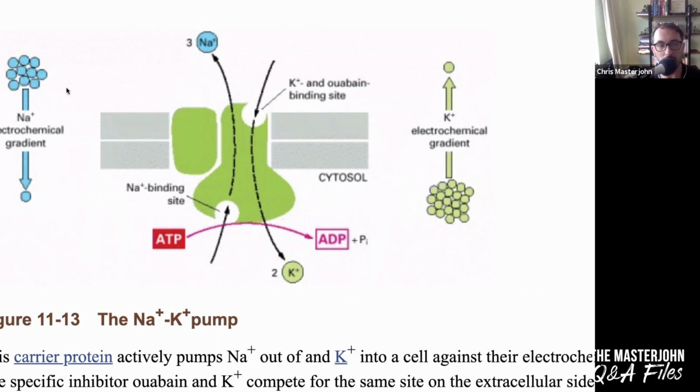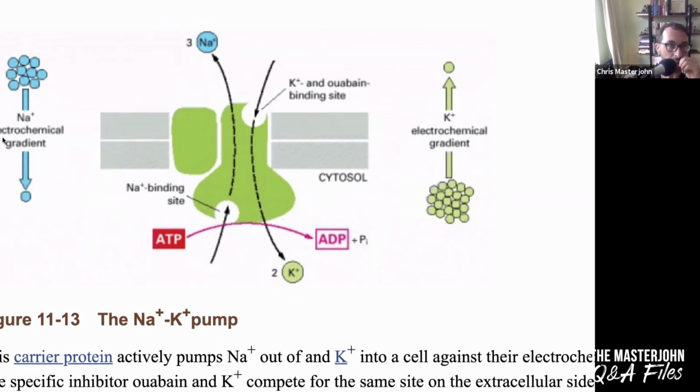So if sodium is at a high concentration right here, it wants to spread out to places where there is no sodium, so it can achieve a maximally spread out, randomly mixed, low concentration everywhere. And so if you just put some sodium here and all this fluid can be occupied, it's going to flow over here. Now, that principle is called a chemical gradient.